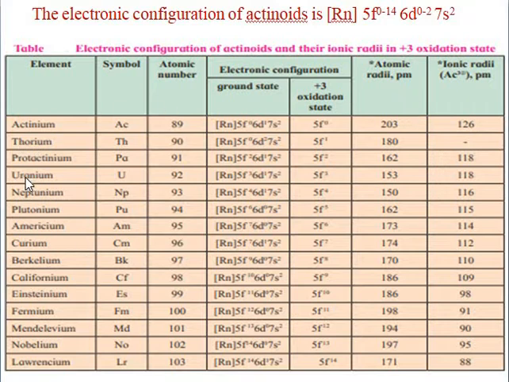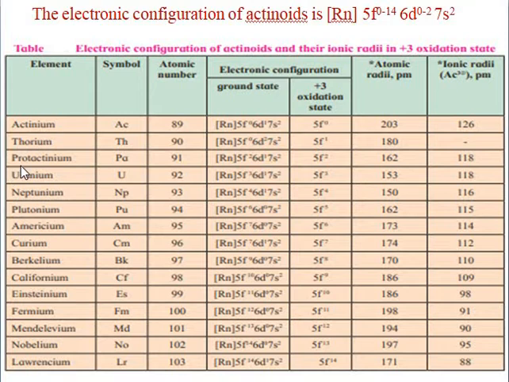This chart shows actinium to lawrencium, from atomic number 89 to 103. In the electron configuration of actinium, the first electron enters a d orbital, and therefore actinium is a member of the transition elements, but not f-block elements. After this, the other electron in the case of thorium enters the d orbital.